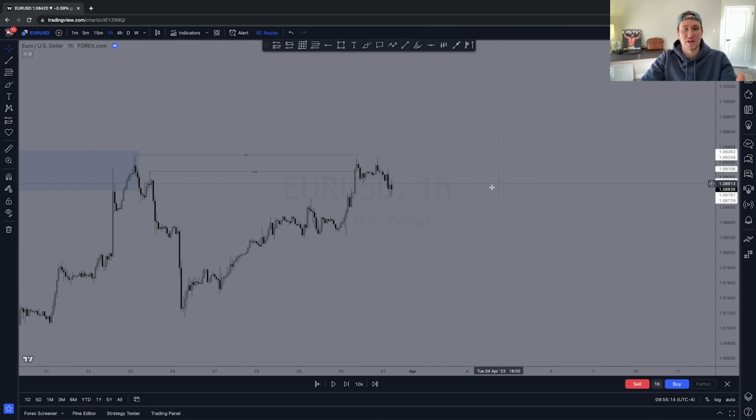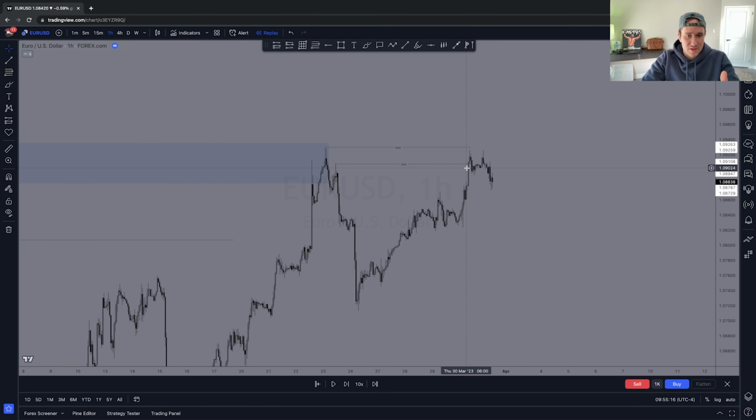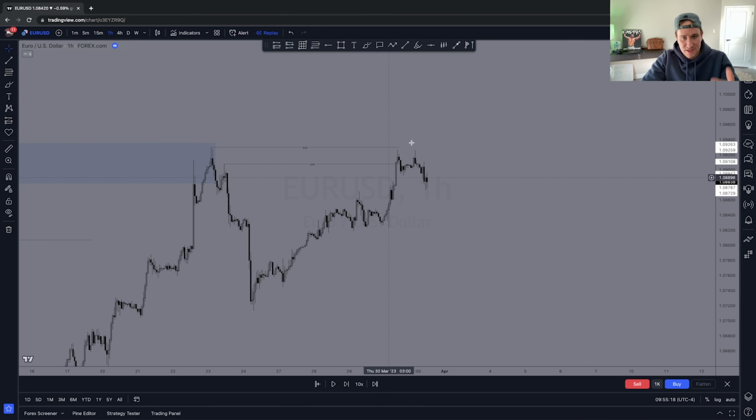So when I'm looking at Euro USD here on the hourly chart, I can obviously see that we do have buy side liquidity residing above these highs. I can also see though that we have taken out this buy side liquidity pool here without, we haven't had a real pullback yet, right? We've had this big bullish move. We took out buy side liquidity. And even though I did think there was a chance that this high right here was going to get taken out,